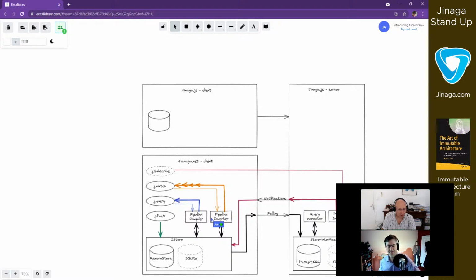Okay, so perhaps we should add one here which we call pipeline to SQL. It's not right because for the memory store, pipeline to store.